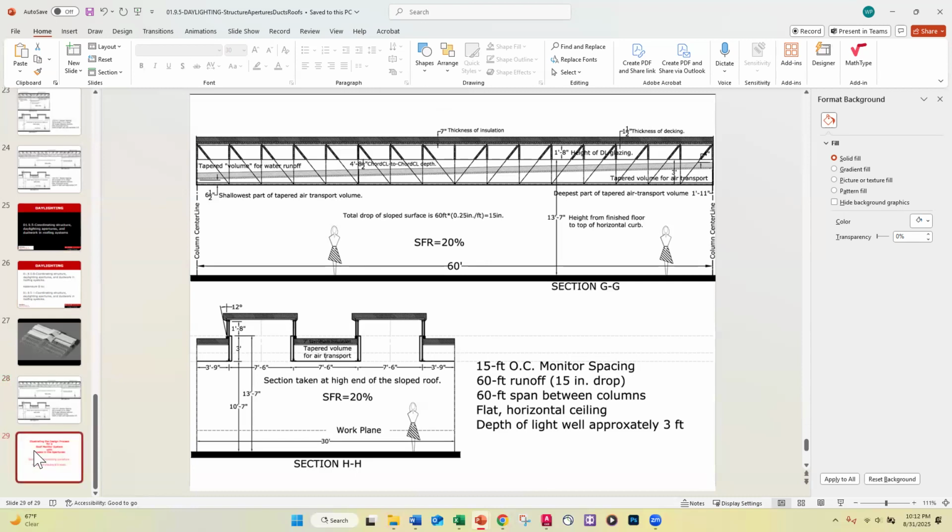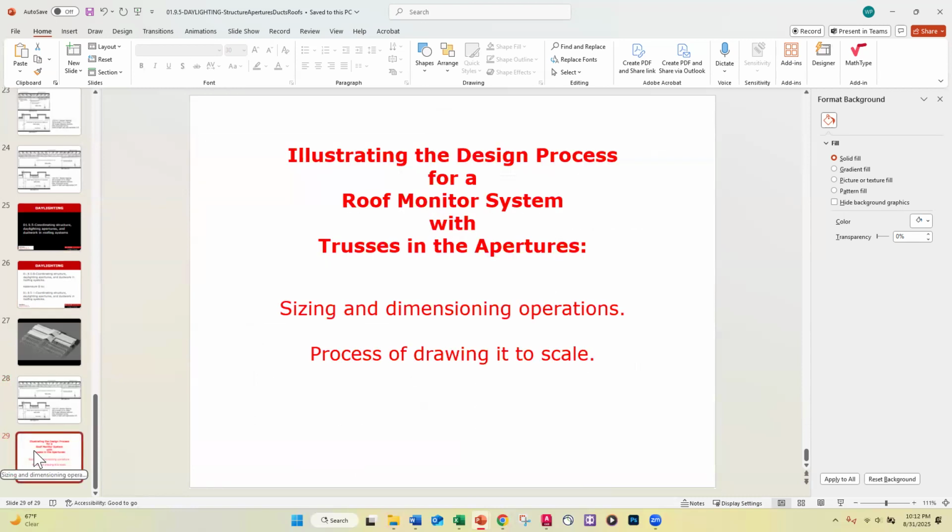So the purpose of this particular lecture is to get you started thinking about how to determine the dimensions and sizing of things in this drawing, this system that you're drawing up, and also the process of how you draw it to scale. And I'm going to start with the AutoCAD file, and I'm going to spend a little time in that AutoCAD file doing some really basic things, which I think most of you, I hope, already know how to do. If not, this is going to be a fairly time-consuming